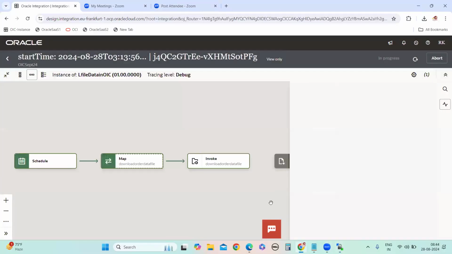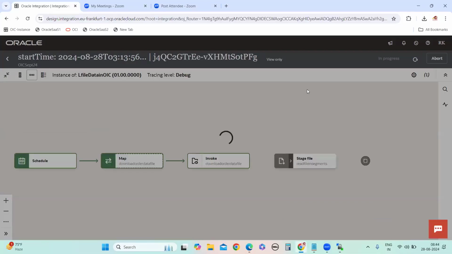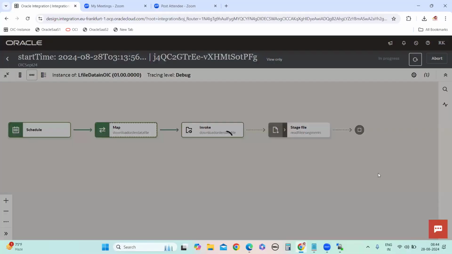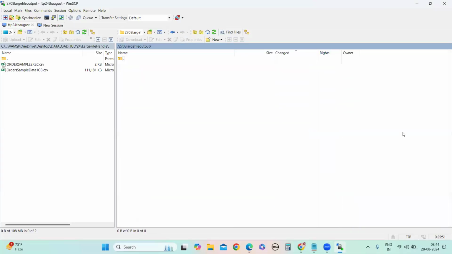So what will happen? You can check here. Refresh. It will take little time because the volume of the data is large, right? Can we see the file sequence numbers in our log? Yeah, I think you can see that.